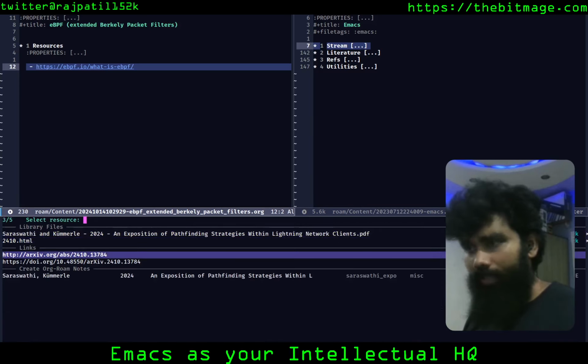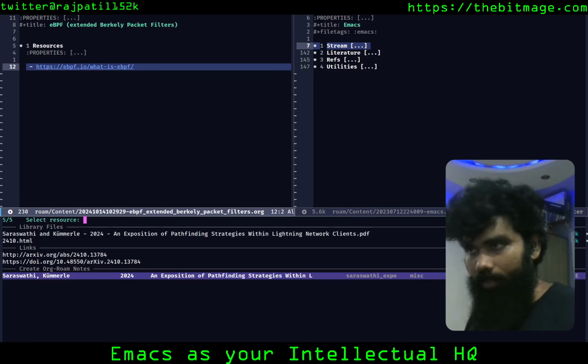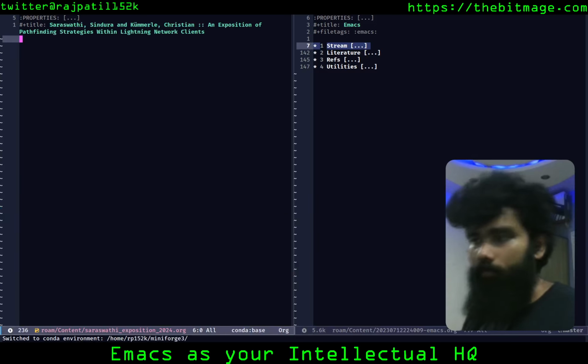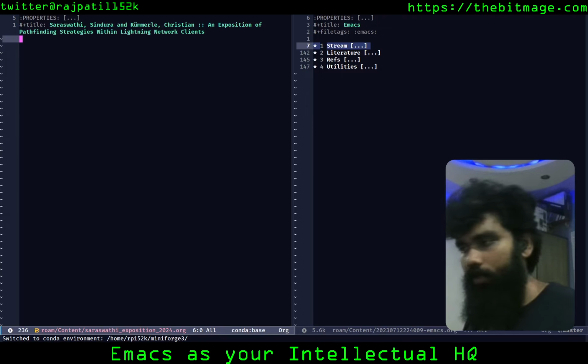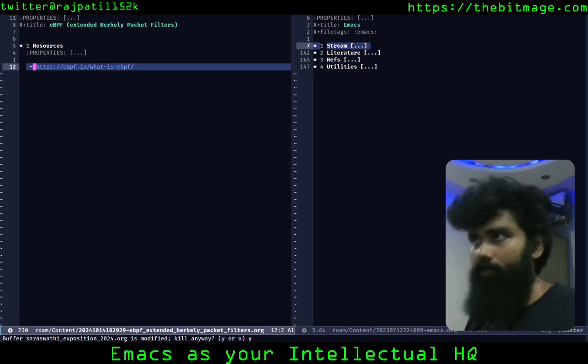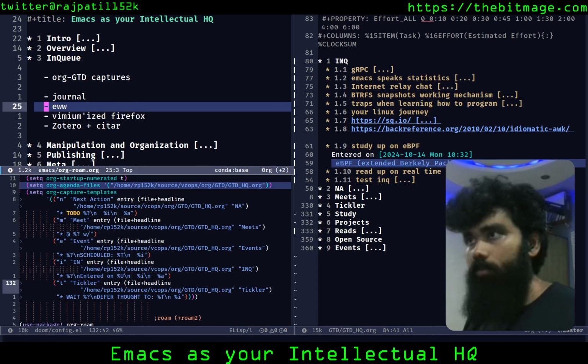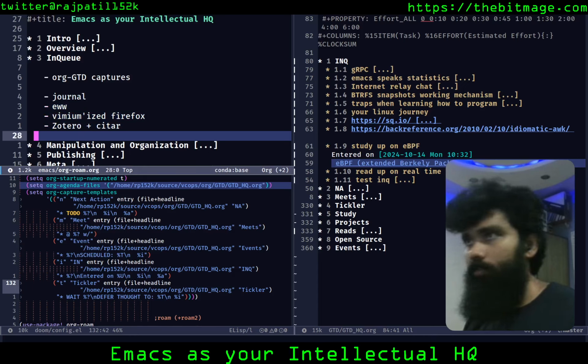Pathfinding. Just showing you another example of creating the note right away. I hit enter, and it creates a note for me. Now I do not want to actually note anything down into it, so I'm just going to hit space BD, and I'm not going to save it. So there's that. We're going to go back to the presentation where we were.